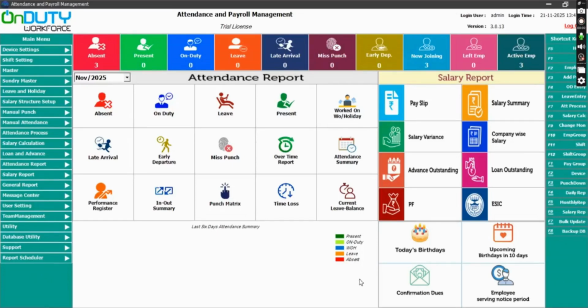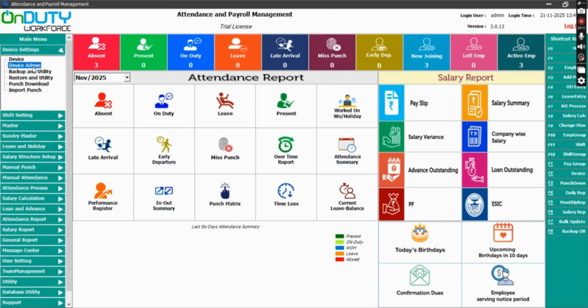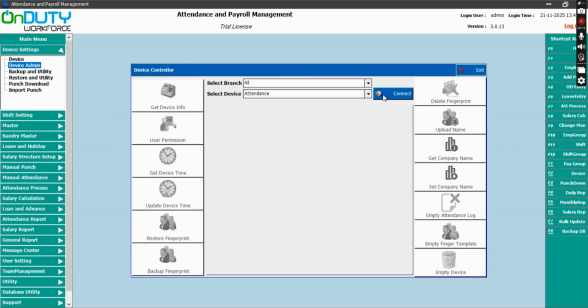How to manage biometric device? For this, there is a control panel. Click on device settings, device admin. Select the device here which you want to manage. Select the device, connect. From this panel, you may do all the tasks related to biometric device, like getting the